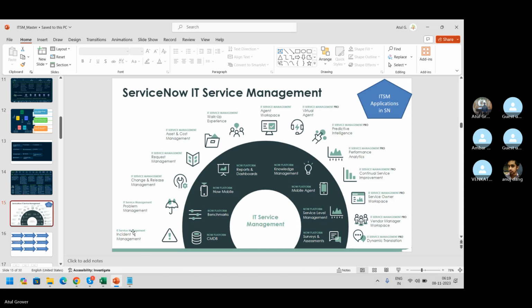Incident. In simple layman language, if any service is not working as expected, it's broken, it's called an incident. Ishwar or maybe Anthony or maybe Khalda calls the network provider: Hey brother, the Wi-Fi is not working. But you're raising it. You're raising an incident. Okay madam, let me check.